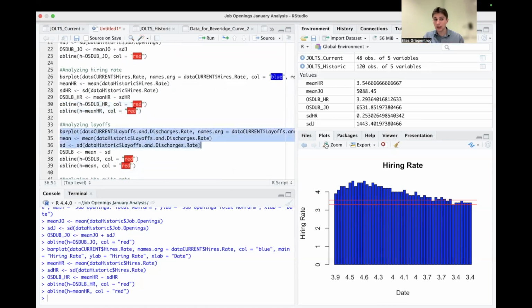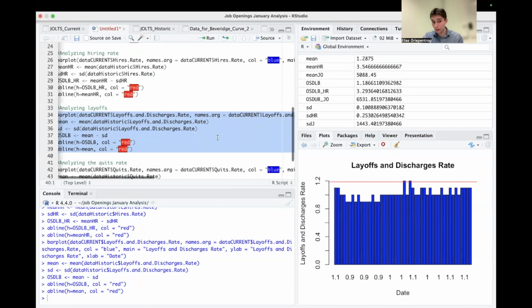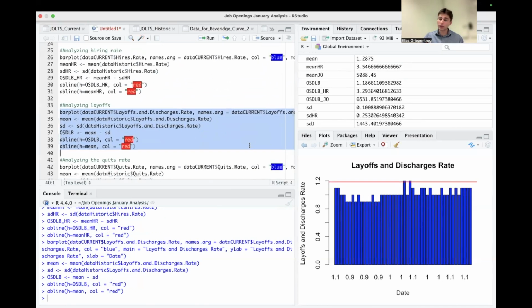However, when we take a look at layoffs and we conduct the exact same analysis for layoffs, we can see that the layoffs and discharges rate is below the mean from 2010 to 2019. In fact, it is below the one standard deviation lower band. So this supports the narrative that we continue to remain in this low hiring, low firing environment in the US